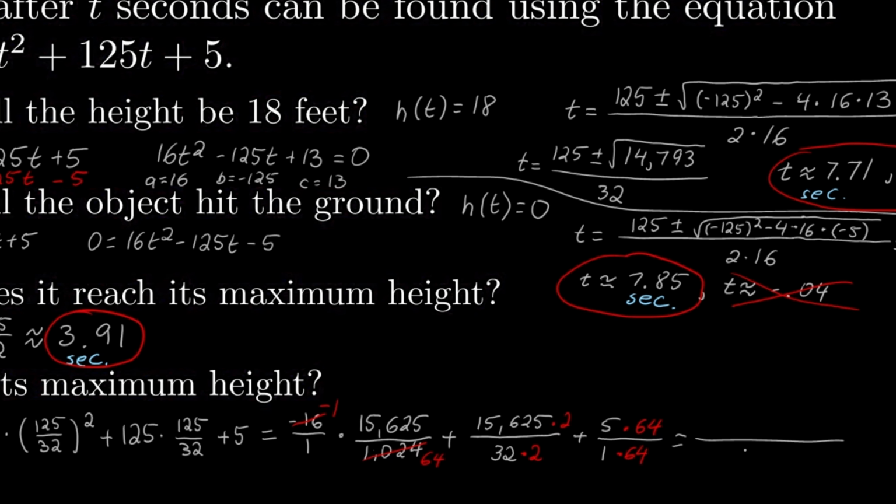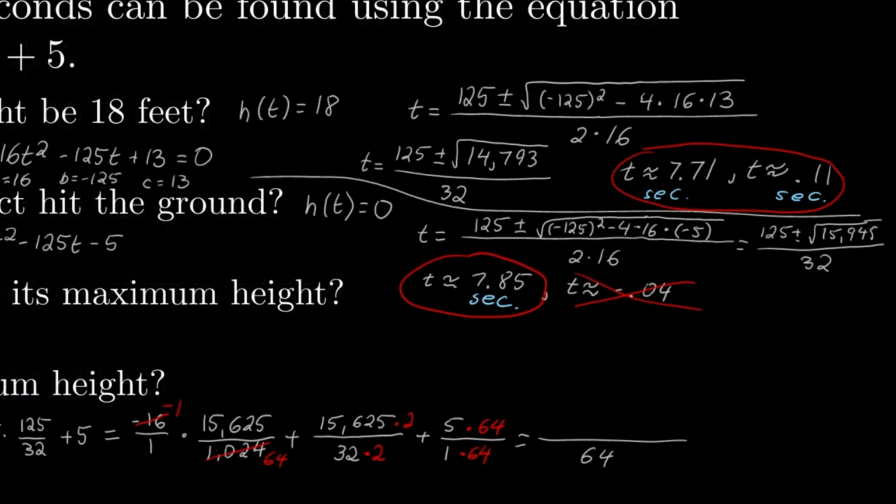So with the denominator of 64 on top, we are getting negative 15,625 plus twice 15,625. And if we have 2 times the same thing minus 1 times the same thing, we get 1 times the same thing. So it's going to be 15,625. And 64 times 5 is 320. So plus 320. And that results in 15,945